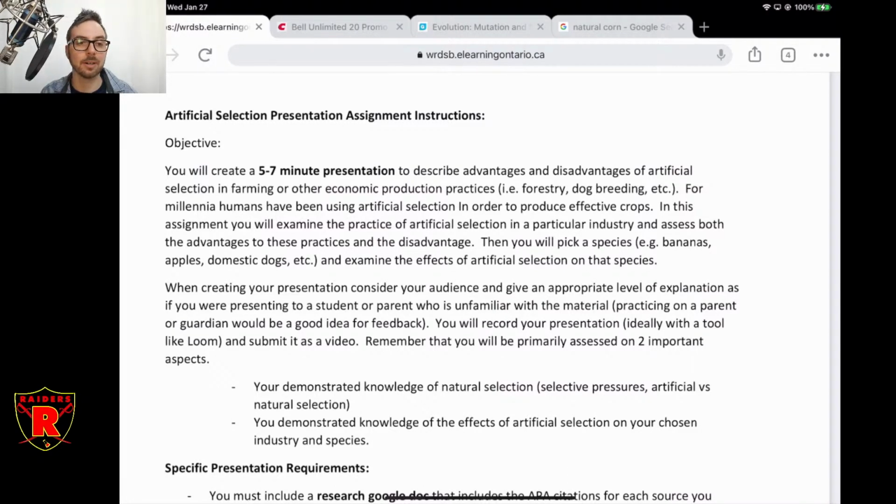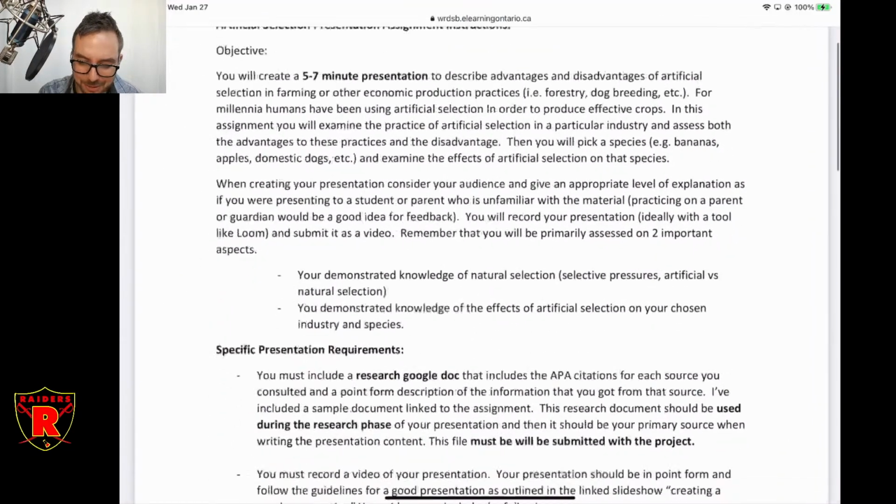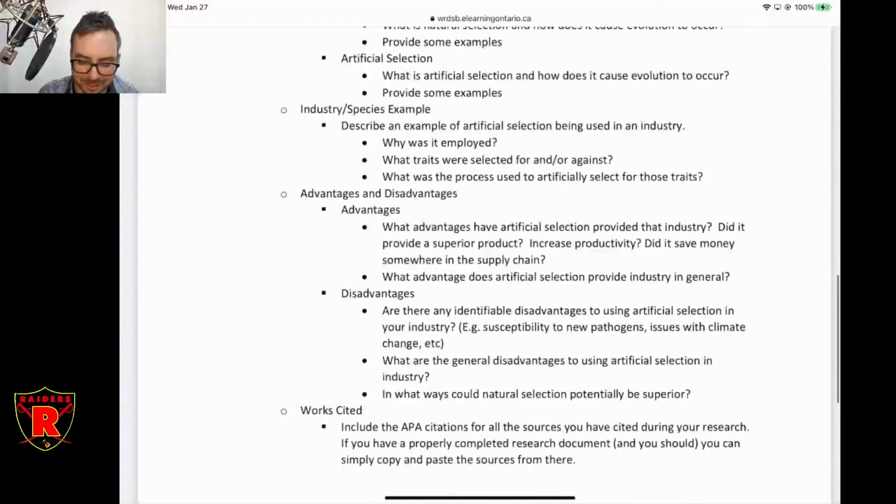It's really important that you're practicing that skill of taking the essence of whatever you're reading and writing it in point form on a research sheet and using that to create your final product, as opposed to copying and pasting. Okay, really get in the habit of that now. The last thing I'd ever want to see is for one of you to go to university, get busted for plagiarism, maybe lose your scholarship or get kicked out. That's a real bummer. It happened to people I know. Don't do that. It's a good idea to get in the habit of doing that already.